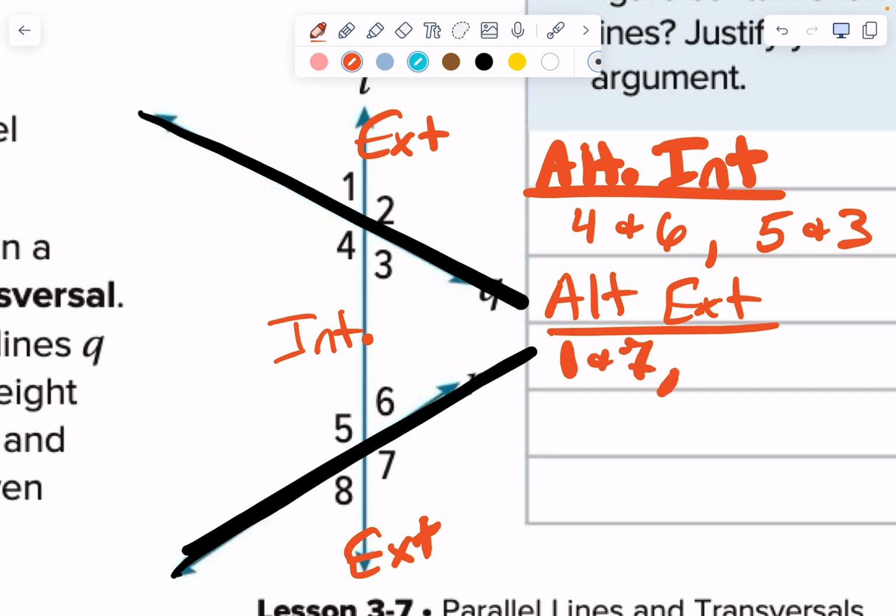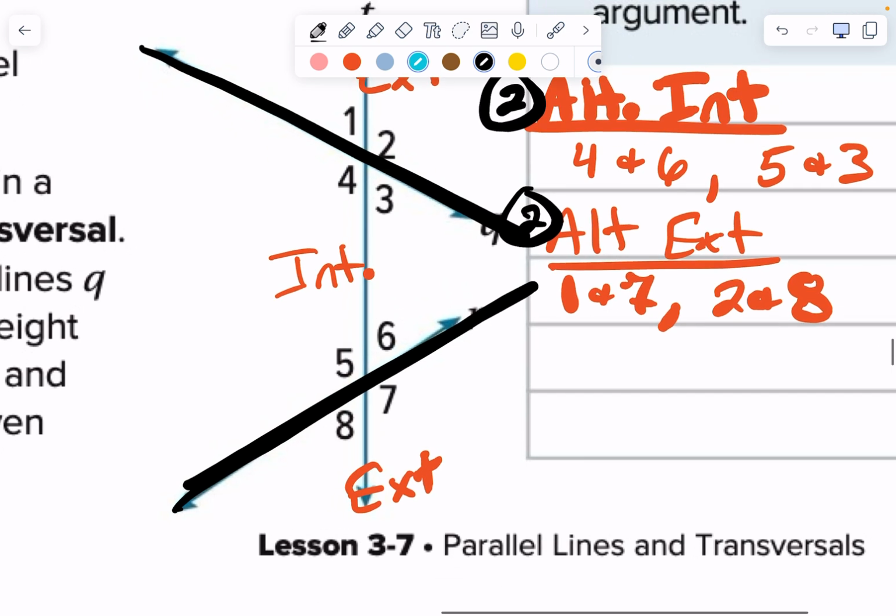1 and 7 go together, right? Okay, because they're on opposite sides. 2 and 8 go together, right? So there are 2 sets of alternate interior and 2 sets of alternate exterior. True? Okay. All right, then we have something called the consecutive